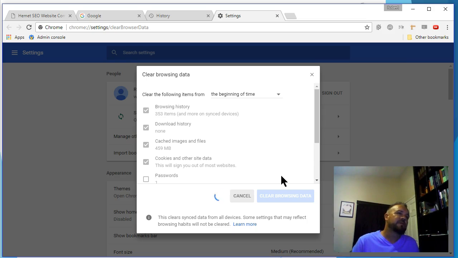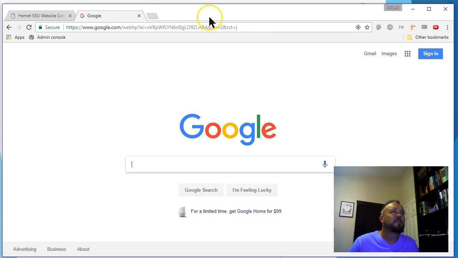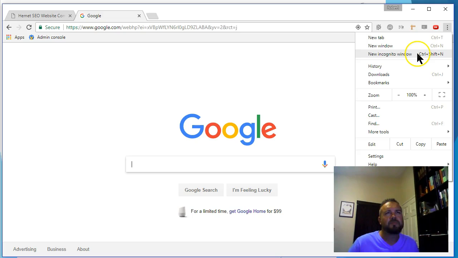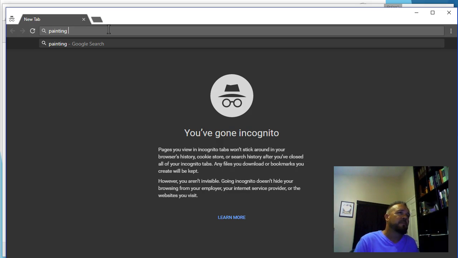That really clears you out and gives you the freshest possibility. So I'm going to go ahead and drop that back down. I'm going to go over here to the 3 little dots. I'm going to pull up a new incognito window, and let's just say we were looking for a painting contractor,